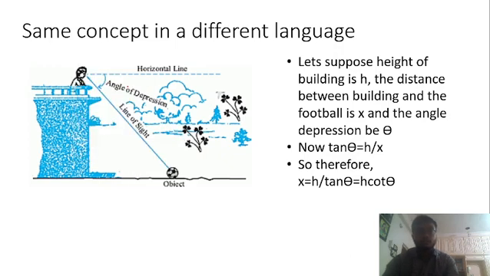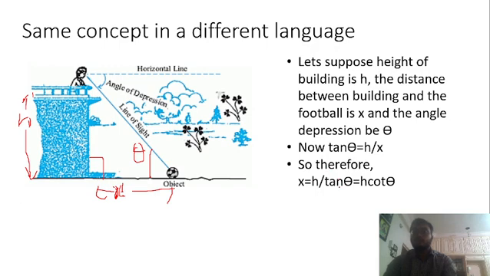Let's suppose this is the angle of depression, so this will also be theta, right? And this is 90 degrees. So this is the height of the building, and this is x. Now tan theta is equal to h by x, and therefore x is equal to h by